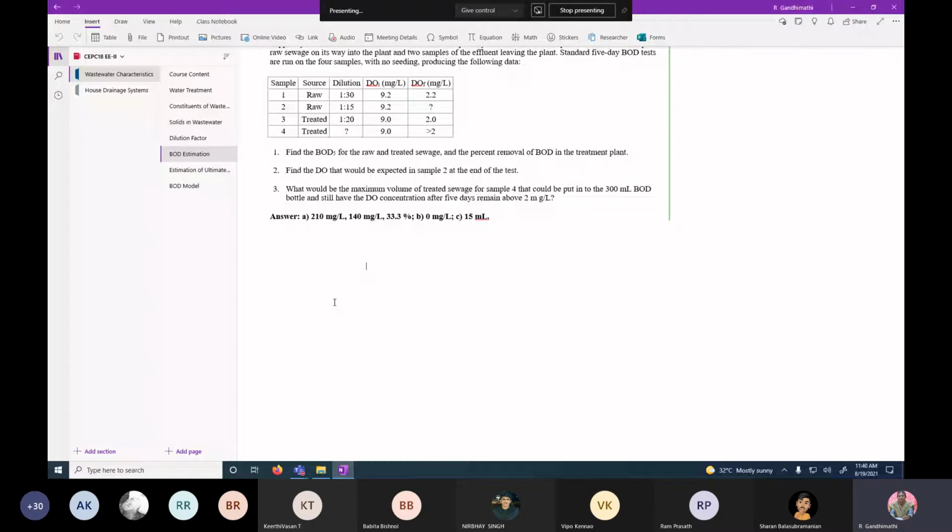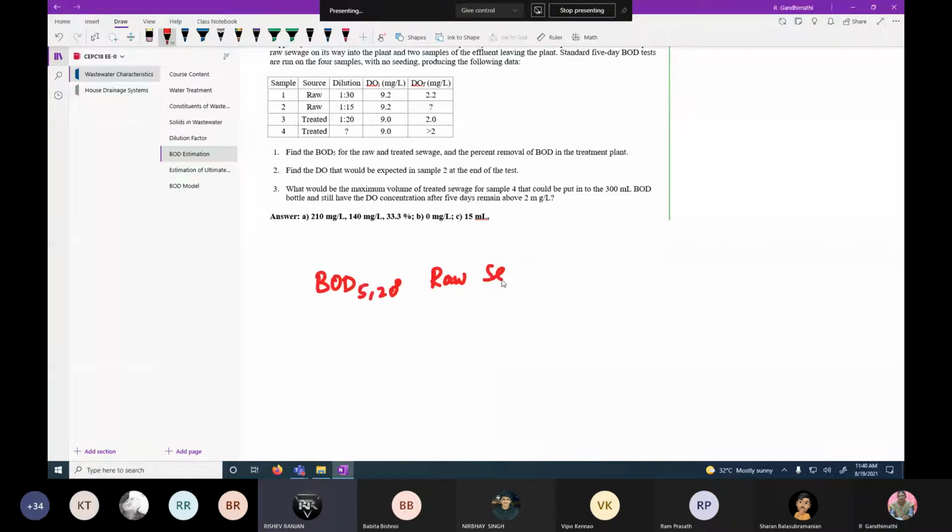Okay, then for the BOD 5,20 of raw sewage. Ma'am, it is 9.2 minus 2.2 into 30. Yes, 9.2 minus 2.2 into 30. What is the answer? 210 milligram per liter.